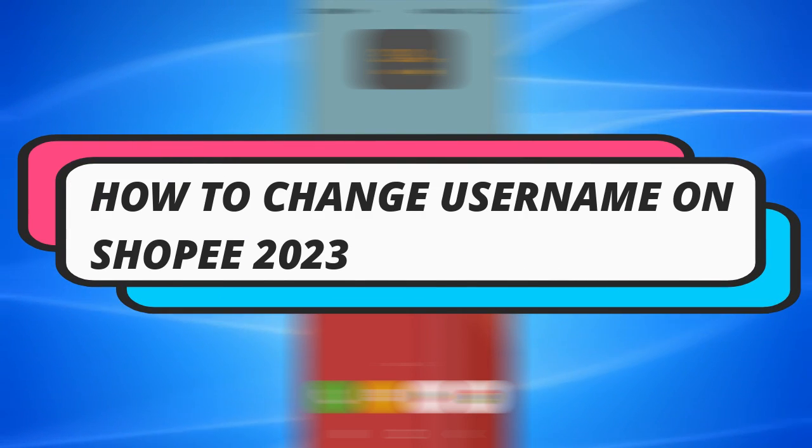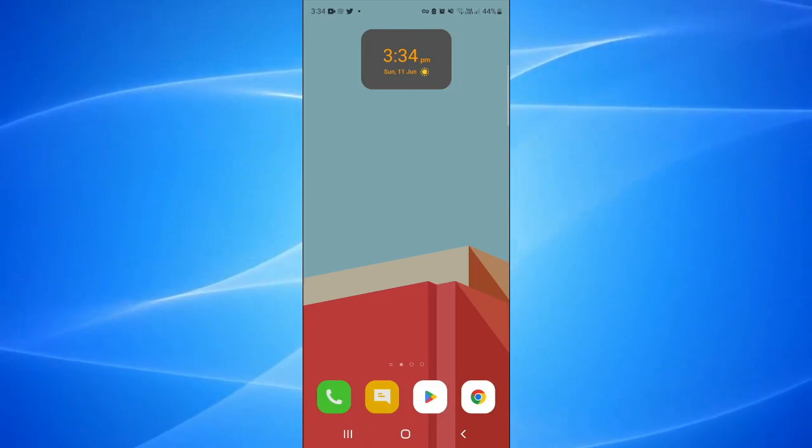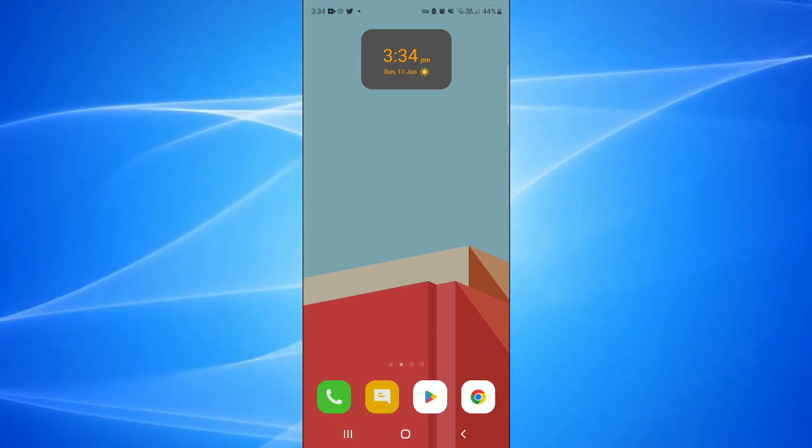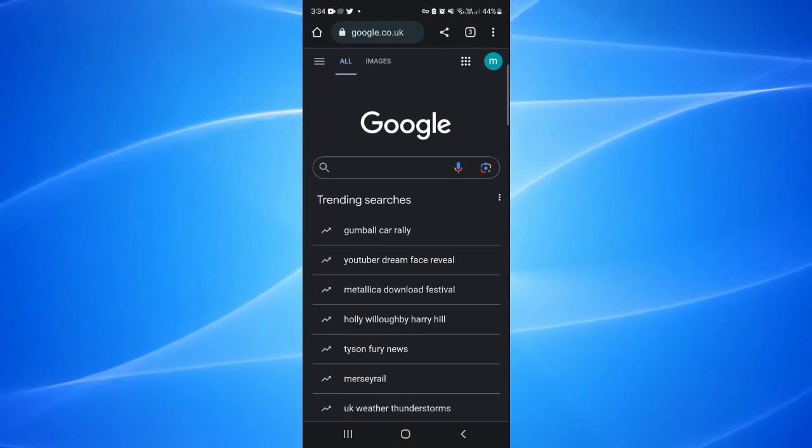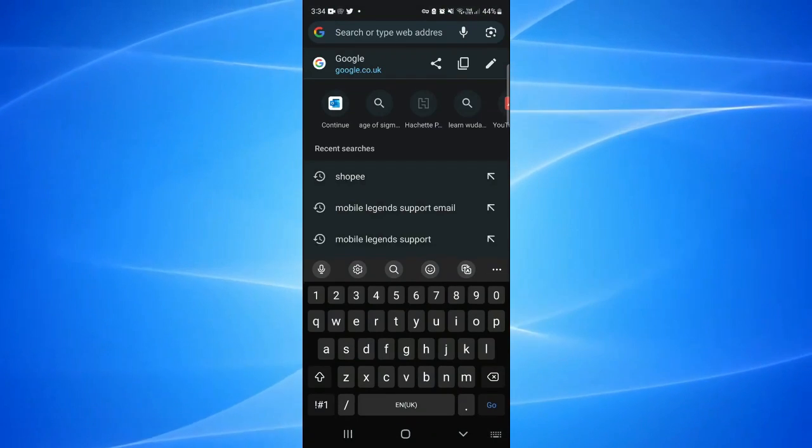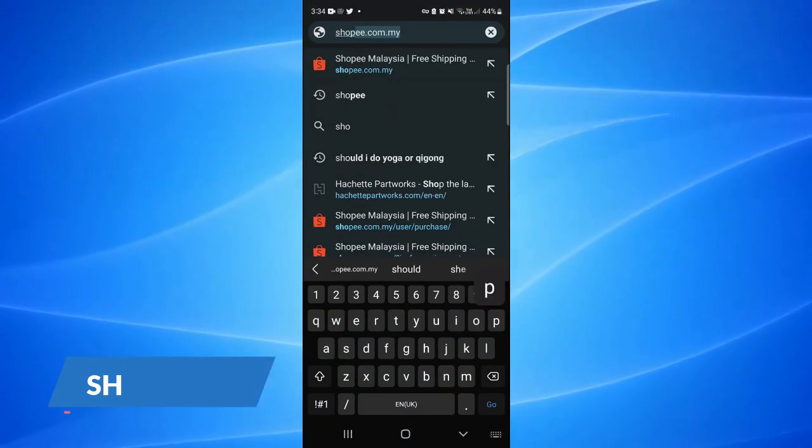In this video, I will show you how to change your username on Shopee in 2023. So let's jump straight into it. The first thing you're going to want to do is open up a new mobile browser, and you want to come across to the following website,